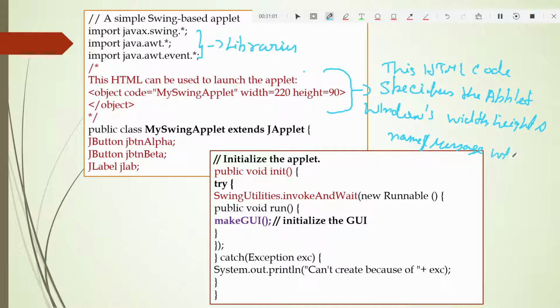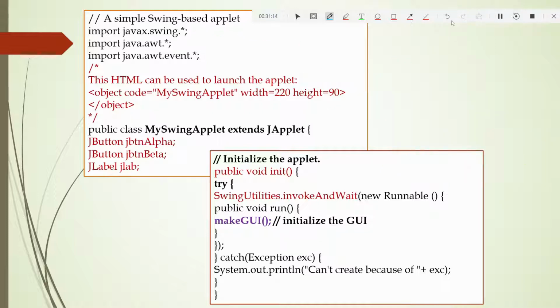The message is shown when the window is displayed. After that you have the buttons. I'm doing the same thing, students, as in the normal event program I showed you previously.